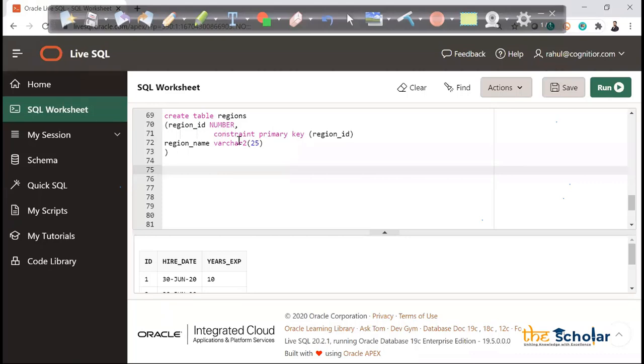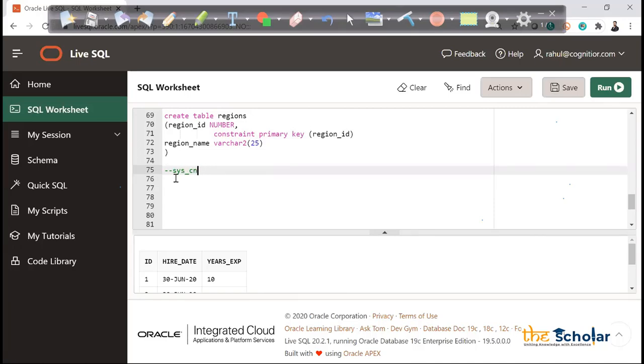I can very well give the name of a constraint as well. To give the name, because we prefer to give our own constraint names rather than Oracle giving the constraint name. Suppose I am not giving the constraint name, then Oracle by default gives the constraint name with SYS_C and then some number like that. So this is like a default name Oracle gives.